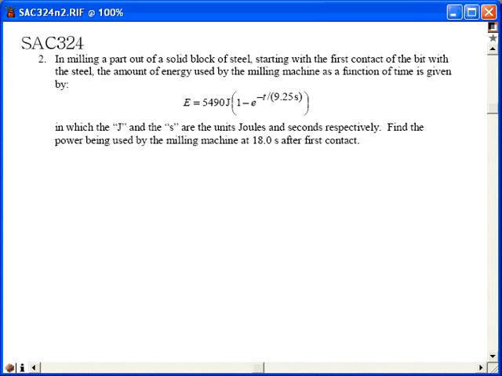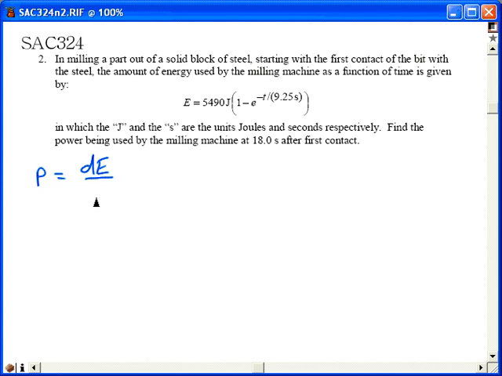SAC 324 number 2. We've got a milling machine. It's using energy, and the total amount of energy used up at any given time t is given by this expression, and we're asked to find the power. The power is the rate at which energy is being used up. So it's the time rate of change of the total amount of energy that's been used up at any given instant in time, which is just going to be the derivative of E